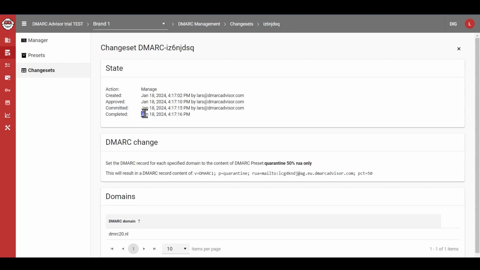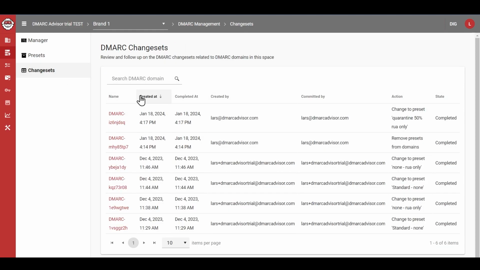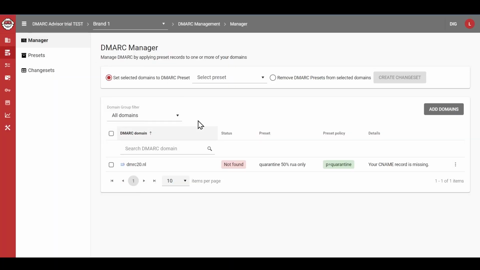The full history and logging remains available under the Change Sets tab. Back in the Manager tab, you'll see that the domain is connected to the Quarantine 50% RUA only preset.